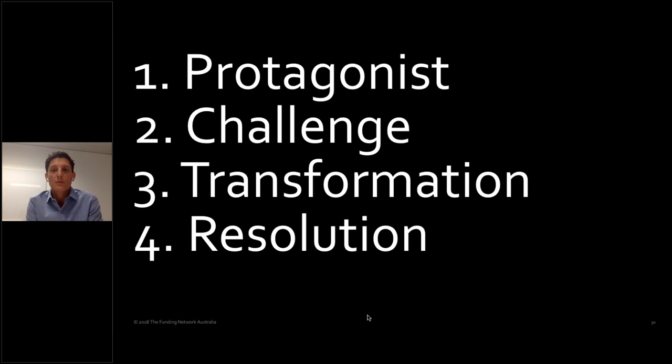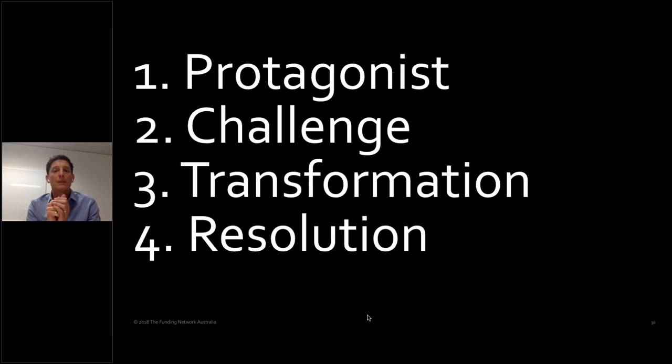There's always a protagonist, a person or an organization who is the hero or villain in the story. There's always a challenge that hero or villain has to face. And there's a transformation, a change that protagonist goes through, and then there's a resolution. So even if you're only telling a 30-second story about someone, try to think about it in that structure, because it helps people grab a hold of the concept and the story that you're talking through, and it also makes sure that you're pretty succinct in putting your stories together.